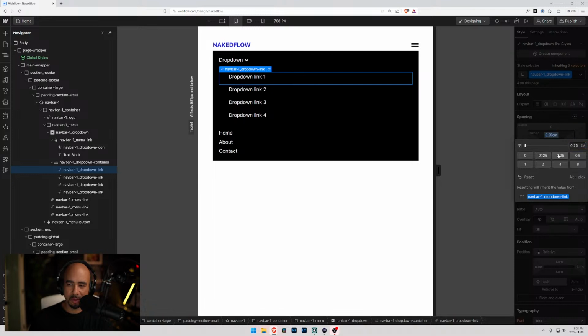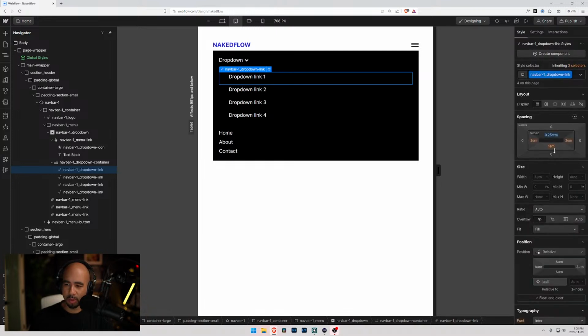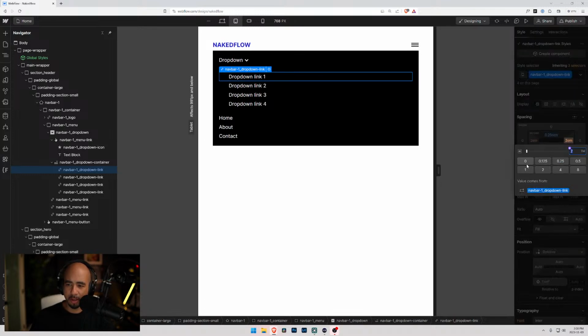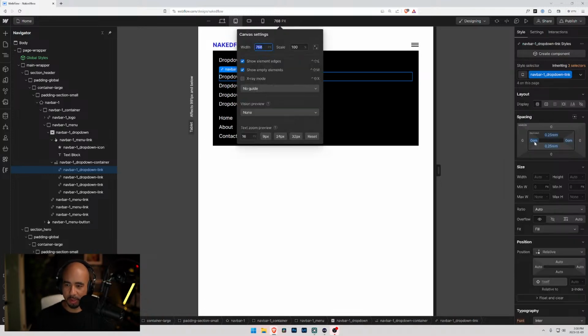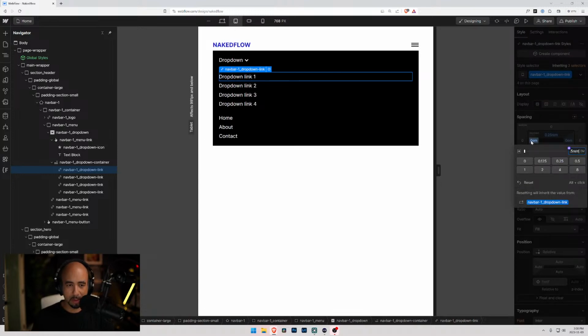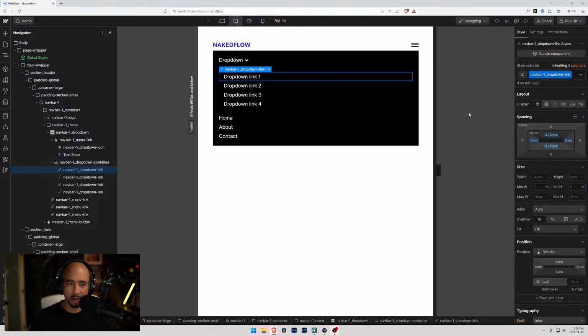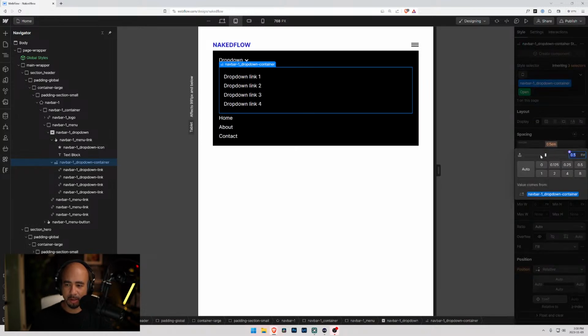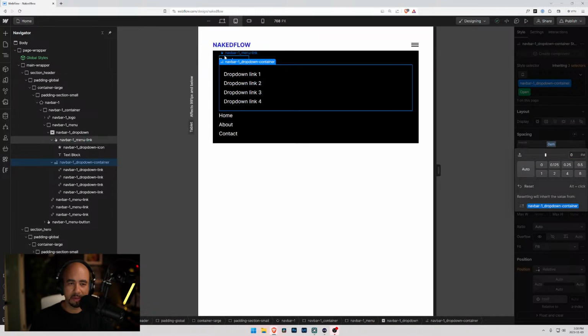So let's go 0.25 REM, 0.25 REM, and then don't need a padding on that side. On this padding, if we do 0, it's going to line up exactly, but I don't mind giving it a little bit of an indent, maybe 1 REM indent, and then the whole bar itself, I think margin at the top of 0,